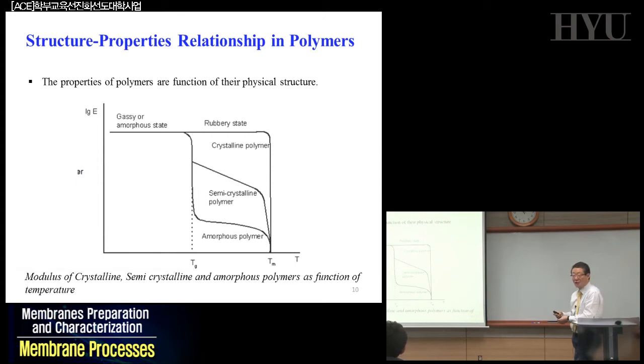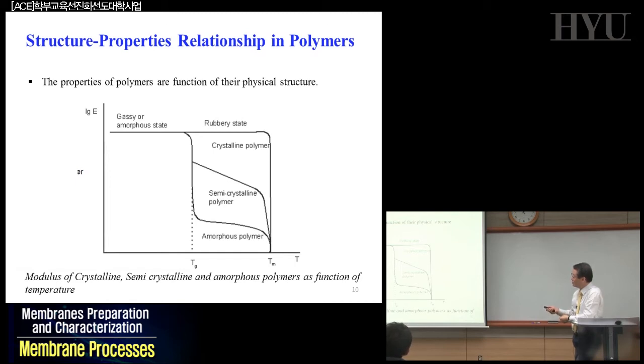The rubbery state is governed by the portion of amorphous material. So if you have an amorphous region, then your amorphous portion will be moving, so that thermal motion will decrease the modulus of the polymer, and so